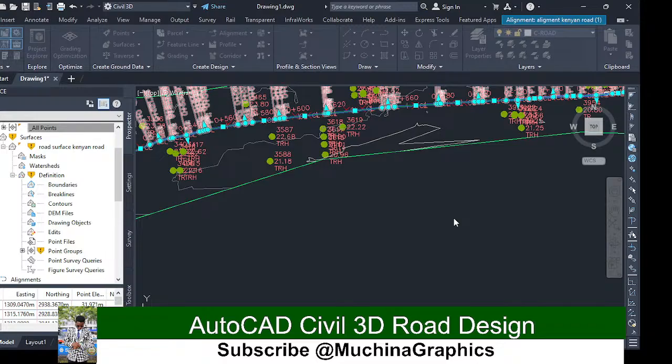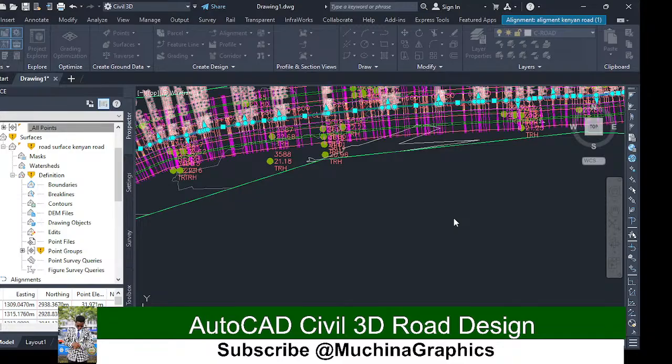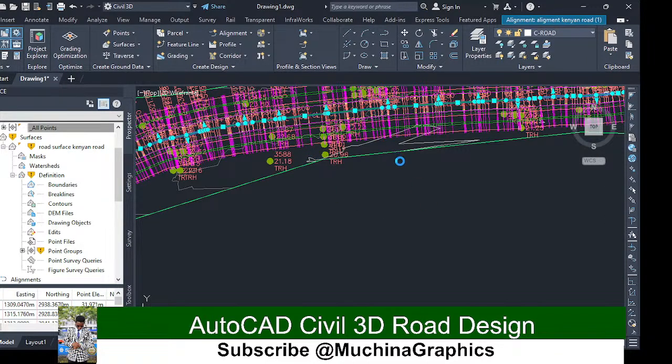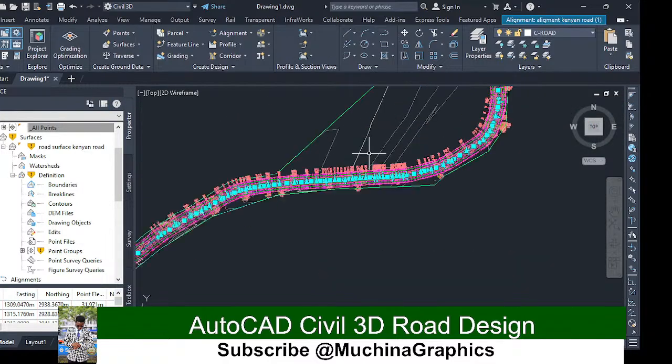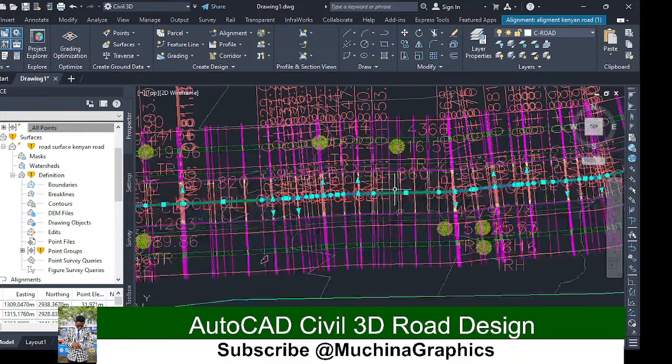And then you're going to drive through to see how the road is going to be. Then I'm going to say okay, then I'm going to click here, okay. So if you look at our road here,